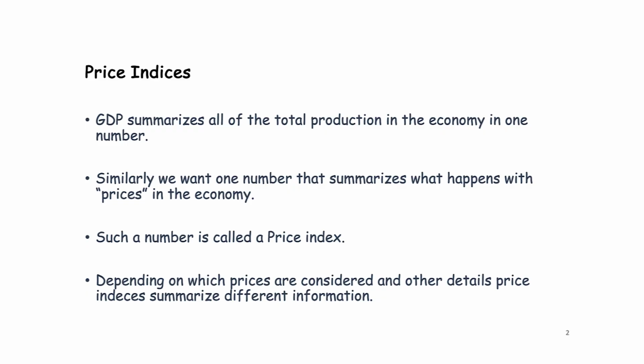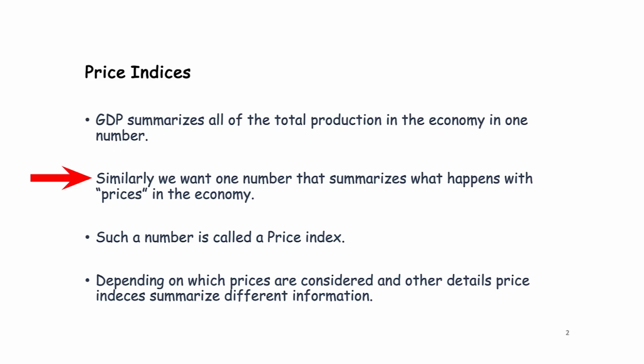Just to review a little bit, in the previous lectures we talked about the notion of gross domestic product, or aggregate product, which is a measure that summarizes in one number the total production in an economy. Similarly, we want to have an idea of what's going on with prices in the economy. We saw that nominal GDP encapsulates both what's going on with physical production of goods and services and prices. And we saw that real GDP tries to just look at what's going on with the physical production of goods